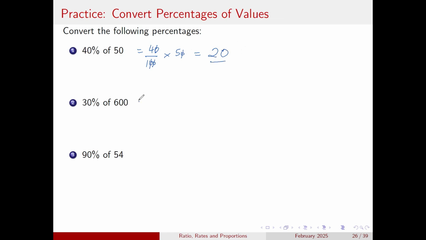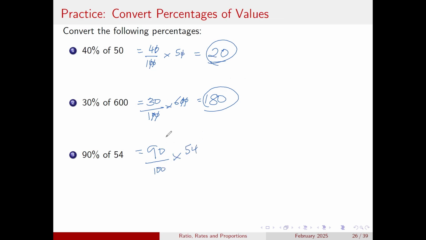Now I want to find 30% of 600. So we have 30 out of 100 times 600. So the 0 here can cancel this. The 0 here can cancel this. Then we have now 30 times 6. And that should give us 180. So 30% of 600 is 180. Finally, 90% of 54. So 90 out of 100 times 54. I would like to use my calculator at this point. So for this one, I have 90 divided by 100 times 54. And that's giving me